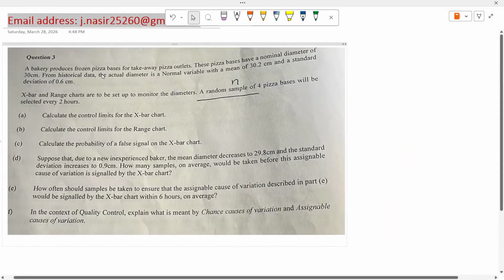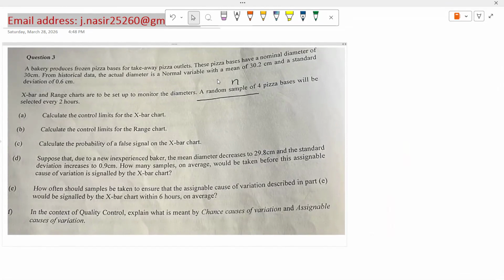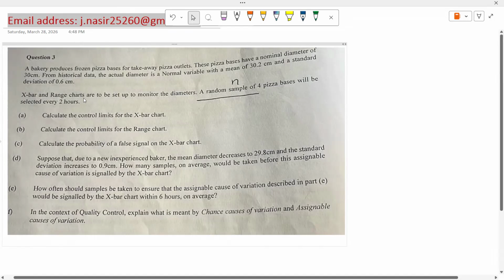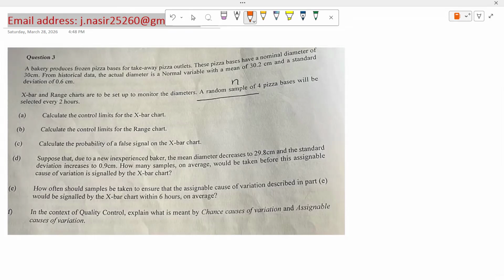So look at the second line. From historical data, the actual diameter is a normal variable with a mean of 30.2 centimeters and a standard deviation of 0.6 centimeters. And my n is 4, a random sample of